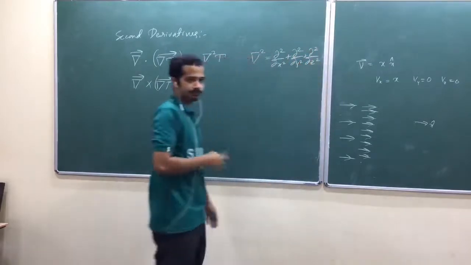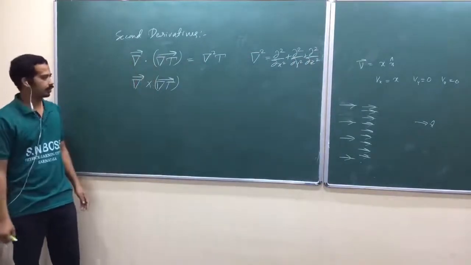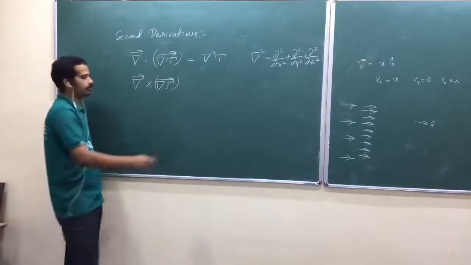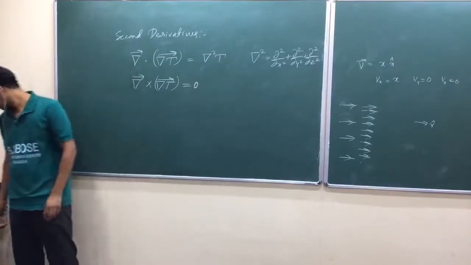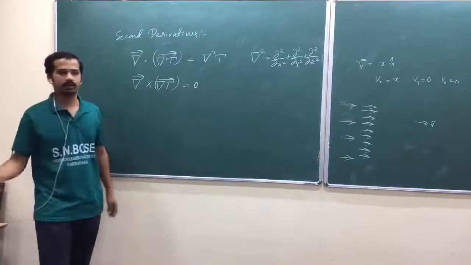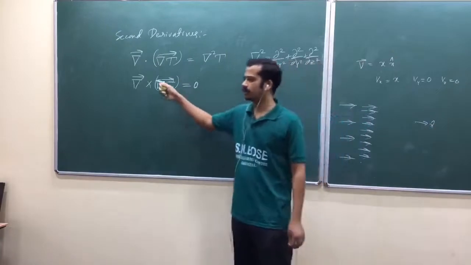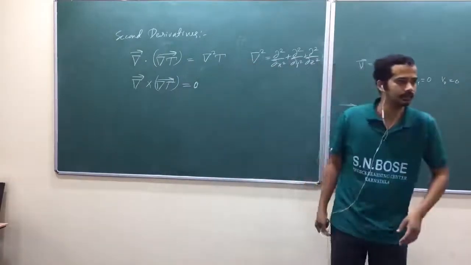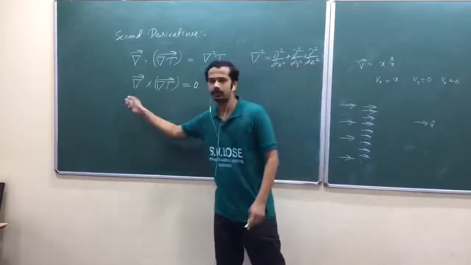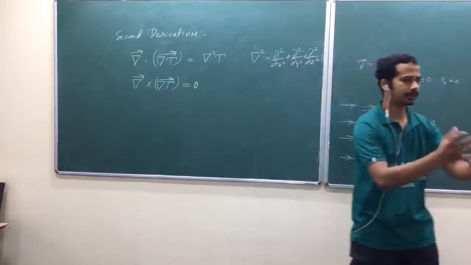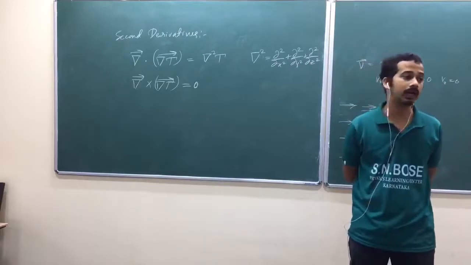Try to prove this one. I am not going to prove the other one, again too lengthy, so I am going to take it as it is. Actually, this will be a null vector. Curl of gradient is always 0. You can prove that: take the gradient, again take the curl. It's a lengthy procedure. For the gradient of t, you take each component and again take the derivative. You will have a relation of those second derivatives, you can cancel them out and show it. So curl of gradient is always 0.